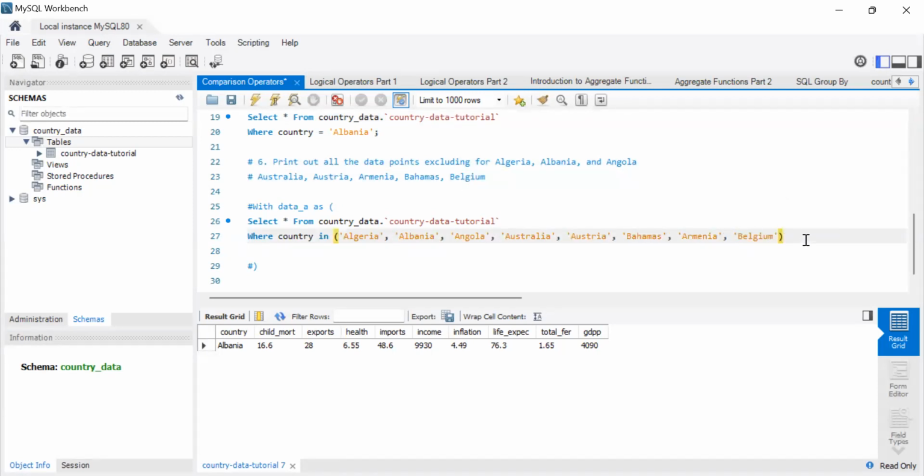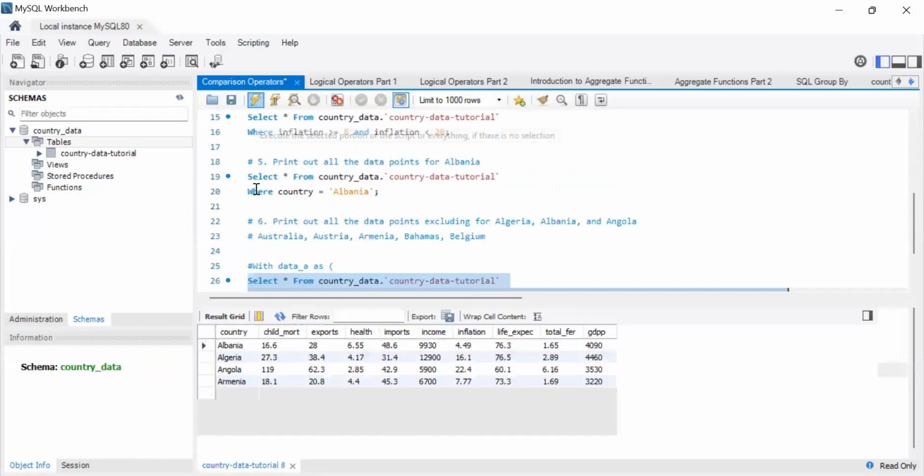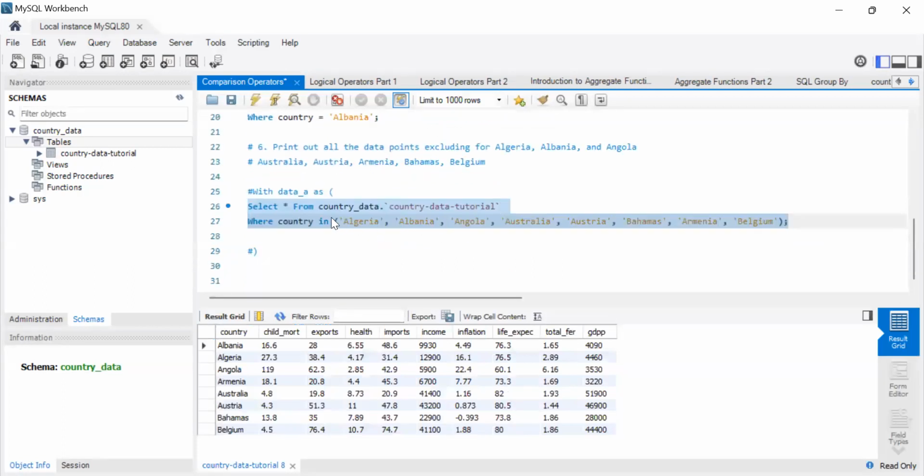Okay, so yeah, let's print that and see what happens. So we're selecting all where country is in. Okay, so in is another logical operator, but we'll learn more about logical operators in the next video. So now let's make this temporary table, what we call